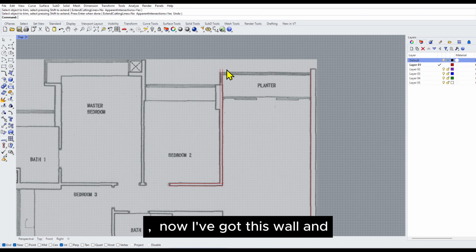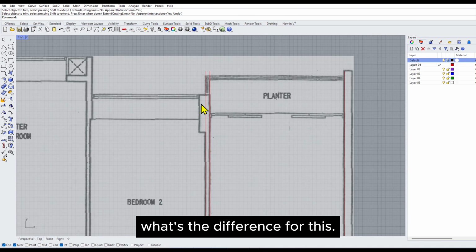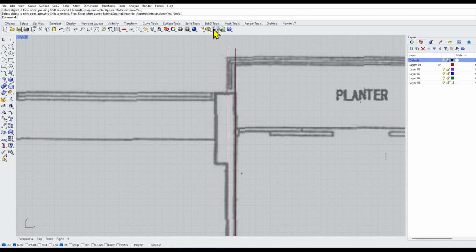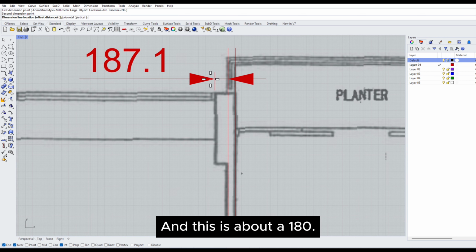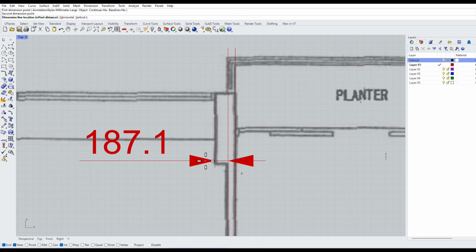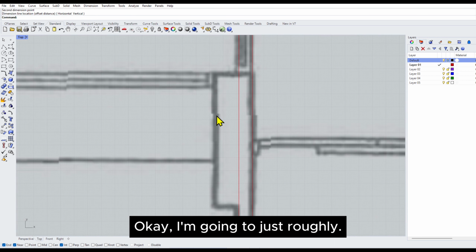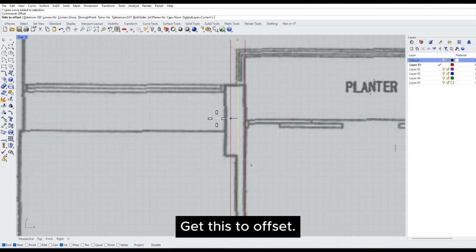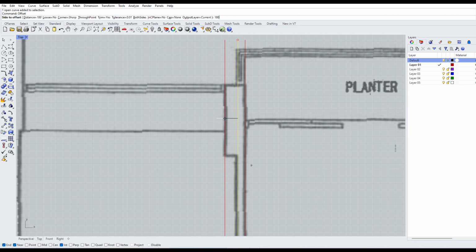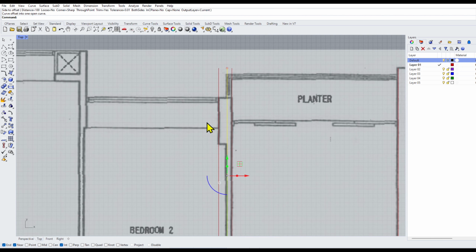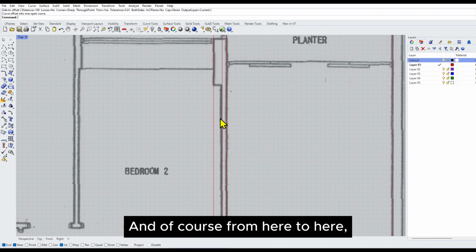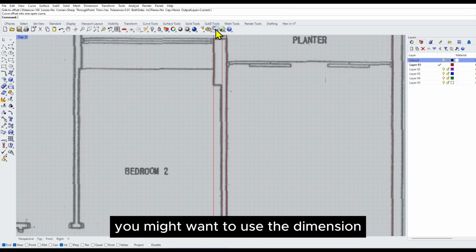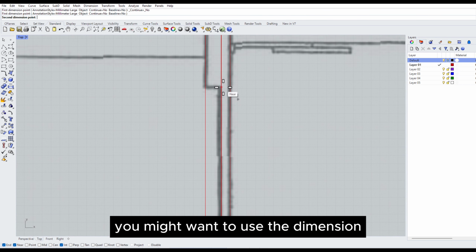Now I've got this wall, and then I'll just need to measure what's the difference for this. And this is about 180. Okay, I'm going to just roughly get this to offset 180. Okay, like so. And of course from here to here you might want to use the dimension tool to get